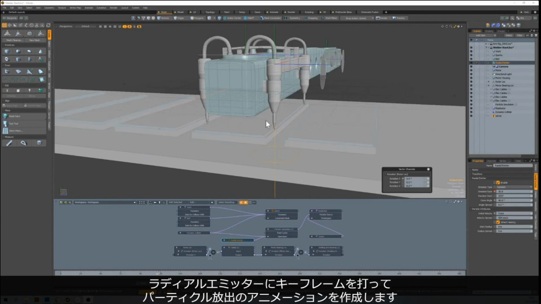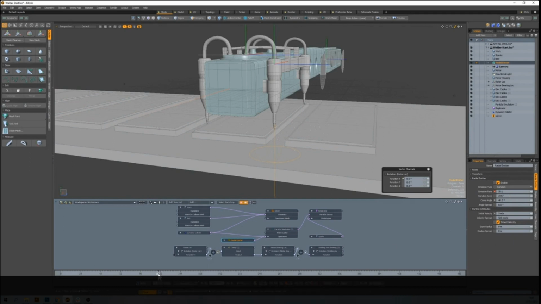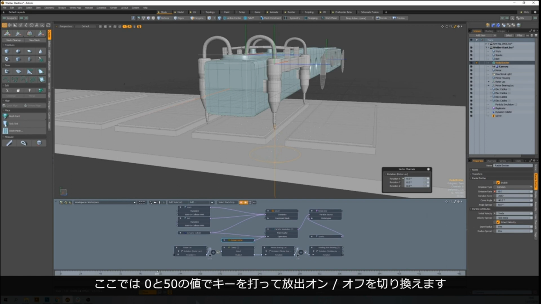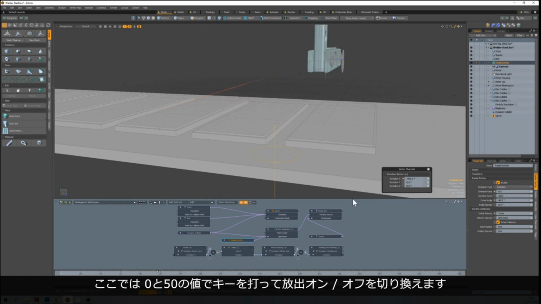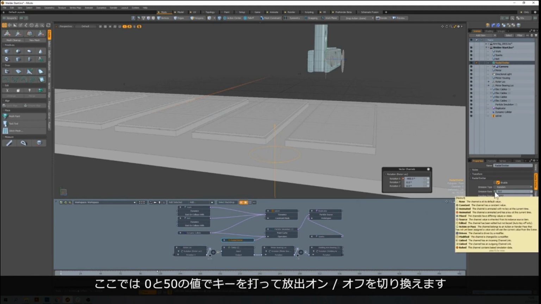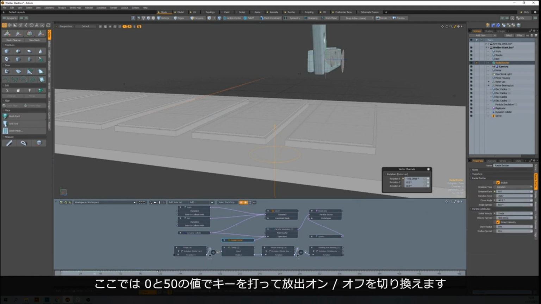So now I just want to animate the actual particle launch. So at that point there I want that to be 50, and before it to be 0. And I'll go all the way back there, make sure that's 0. Come up,